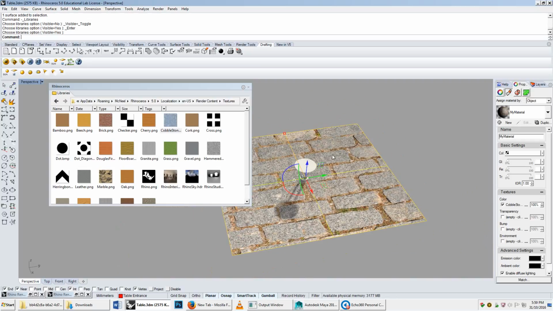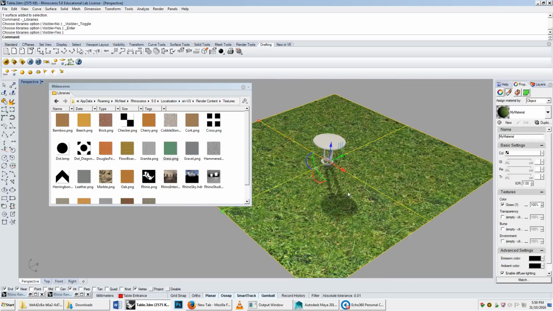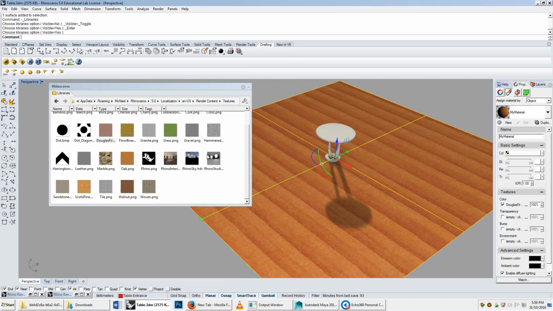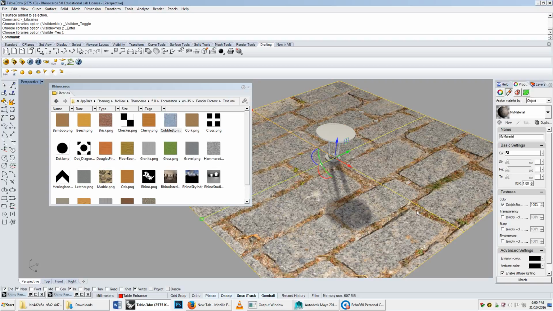So there we go. Now I've got a brick road. I can drag that on top, and it will change it to grass, Douglas fir. All of these are not very good. So I'm going to stick with the cobbled stone,